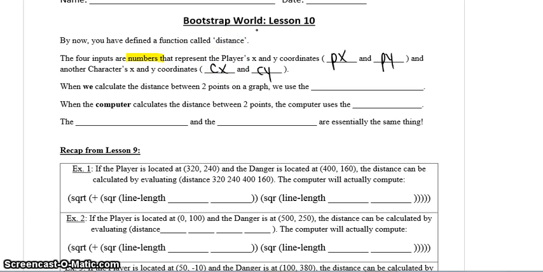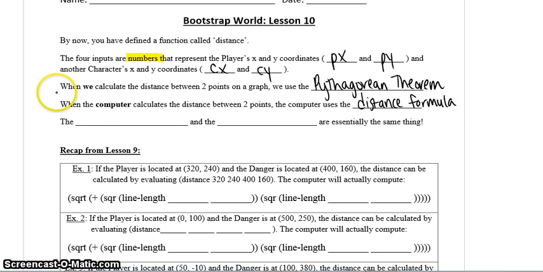So when we calculate the distance between 2 points on a graph, we use the Pythagorean theorem. And you had some practice with that in your most recent homework assignment, the lesson 9 homework. When the computer calculates the distance between 2 points, the computer uses the distance formula, which is what we practiced in lesson 9. I want you to be aware that the Pythagorean theorem and the distance formula are essentially the same thing. So not only are they mathematically similar, but they actually are calculating the same exact thing, the distance between 2